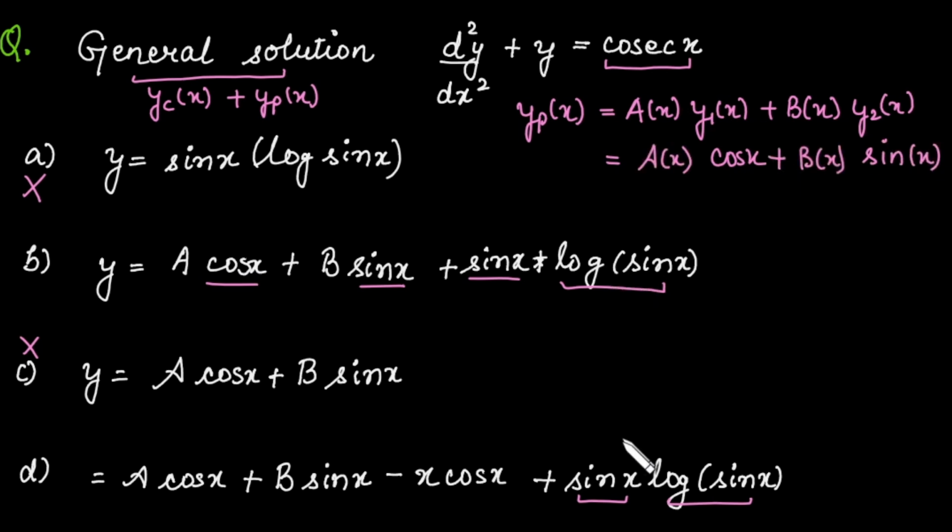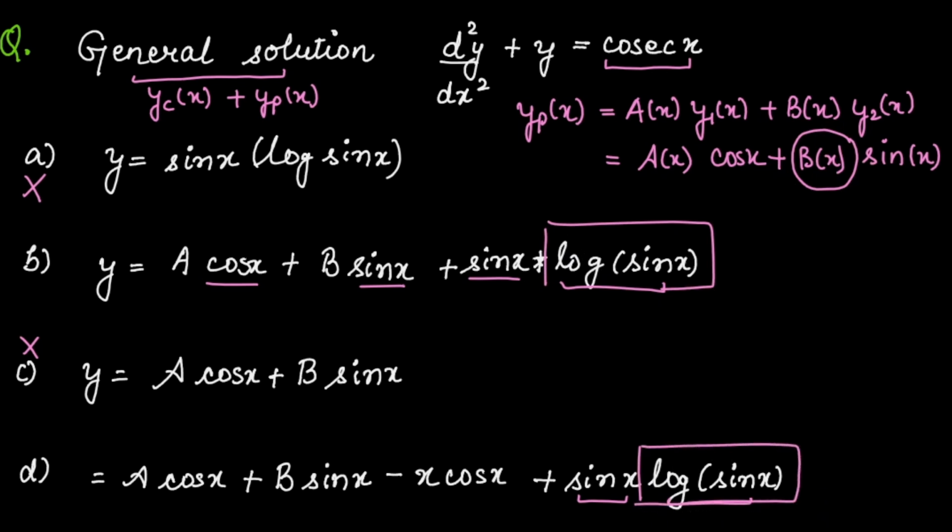Now, from options B and D, this b of x we can directly fetch, that is log of sin x. The same term is mentioned here. We just need to find the value of a of x, whether this is 0. If this is 0, option B is correct. If this is not equal to 0, then option D is correct. Now, how to write this a of x? a of x is calculated as minus integration of x upon the Wronskian of the functions,